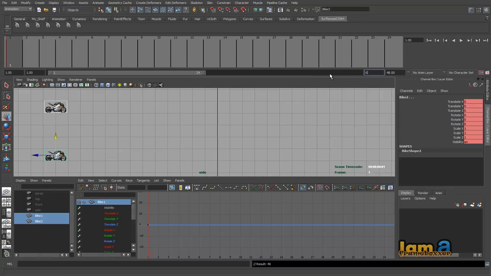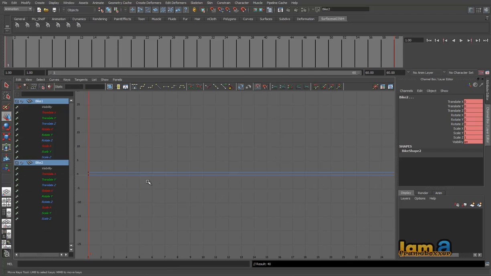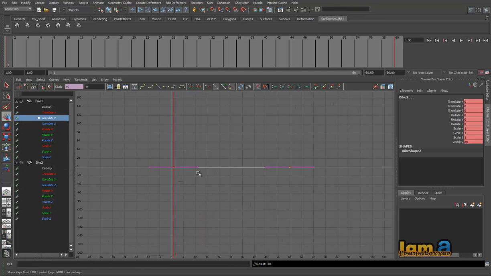And if we move on to the 60th frame, so I have this 1 to 60 here, and as you know, we'll start understanding the graph editor also. Right now we have only given the frame numbers, like 1 to 60. So the frame tick is moving, but the object is lying idle. That is what the graph editor shows by a flat line, a horizontal straight line there, right?